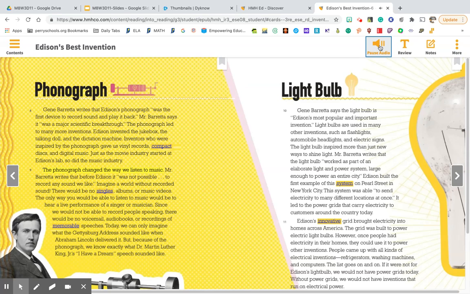The phonograph changed the way we listen to music. Mr. Beretta writes that before Edison, it was not possible to record any sound we like. Imagine a world without recorded sound. There would be no singles, albums, or music videos. The only way you would be able to listen to music would be to hear a live performance of a singer or musician. Since we would not be able to record people speaking, there would be no voicemail, audiobooks, or